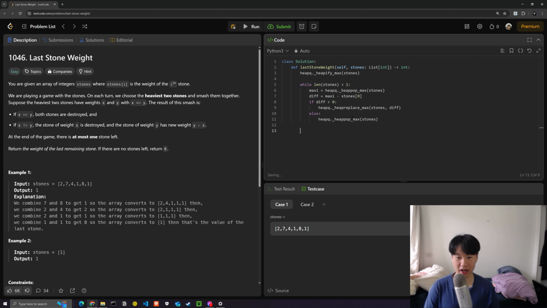Now at the very end, we can append 0 in case there aren't any elements left over, like if all of the stones have been smashed together. And then at the very end, we can return the final element in stones, because once the length is equal to 1, that should be the remaining stone. So we can do return stones 0. If you go ahead and run this,